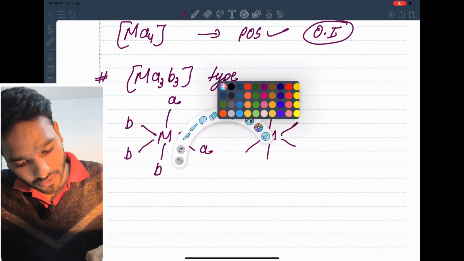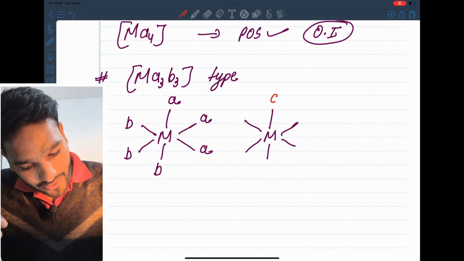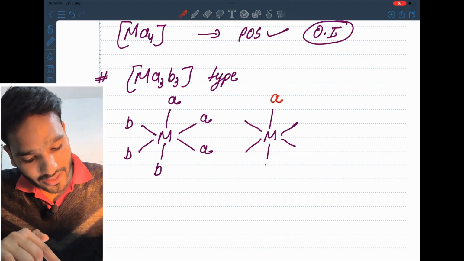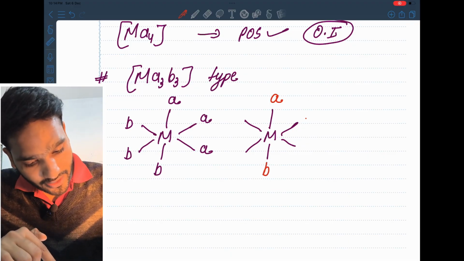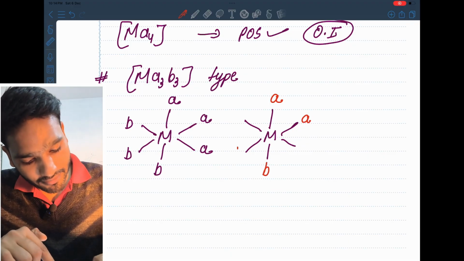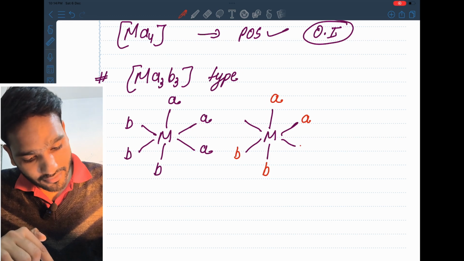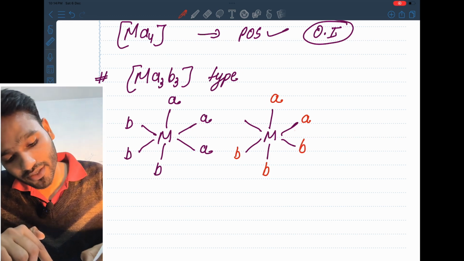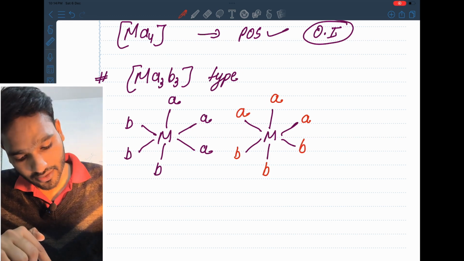Okay, the first possibility is like this. We are having A, in front of A we are having B, we are having A, in front of A we are having B, and we are having B, in front of B we are having A. No, it's kind of same. Wait,